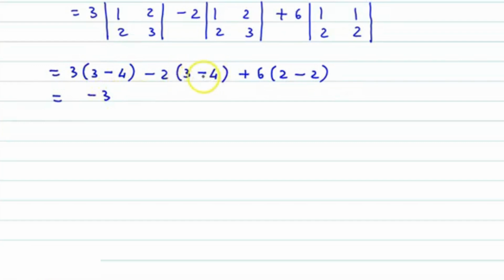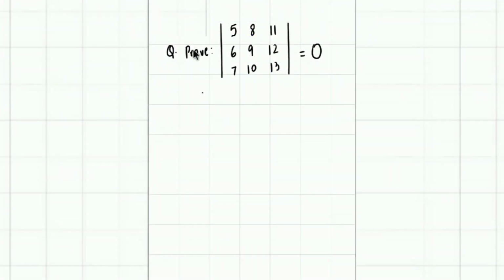3 minus 4 again it's -1, -1 into -2 ये हो जाएगा +2 and 2 minus 2 is 0, 0 into 6 तो ये आ जाएगा 0। So finally we have -3 plus 2, तो हमारा आंसर आता है -1।